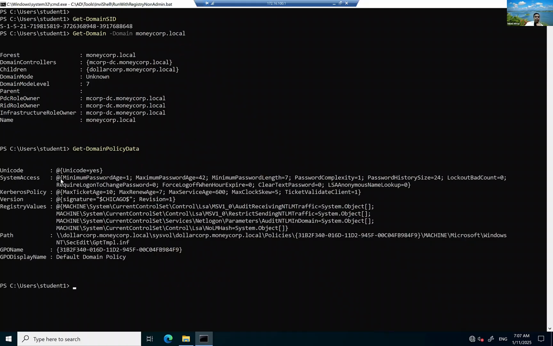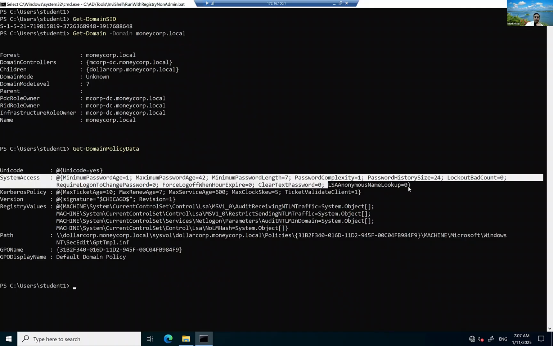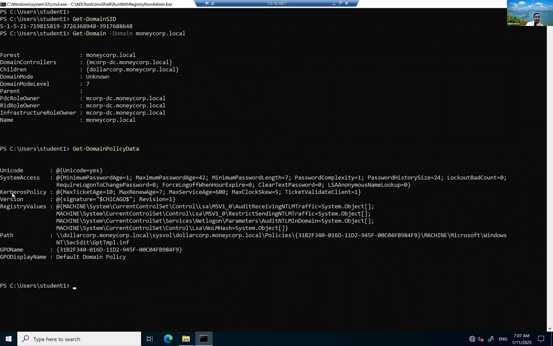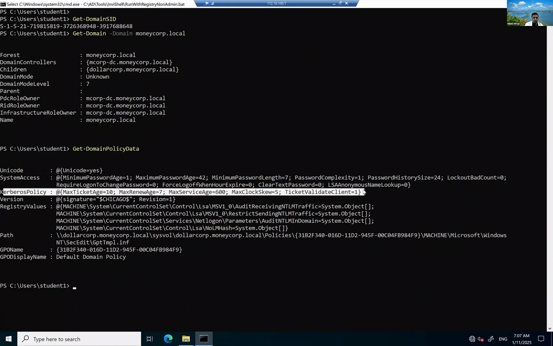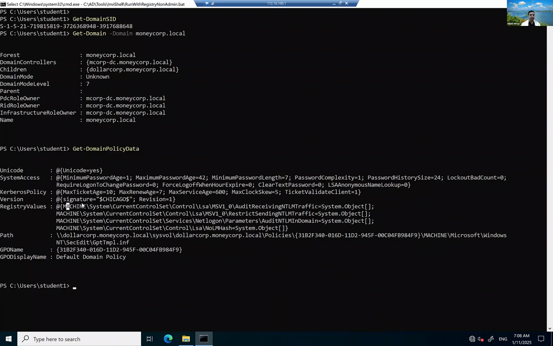So what is the password policy? That is visible under system access. What is the Kerberos policy? This is the Kerberos policy. Why are we interested in this? So when we are forging tickets, Rubeus actually takes care of all of this for you, but you should still know it. So those of you who don't know Golden Ticket can simply listen to this. Those of you who have created or forged tickets. So for example, when you use Mimikatz to forge a golden ticket or a silver ticket, for that matter, or a diamond ticket, in fact, the default